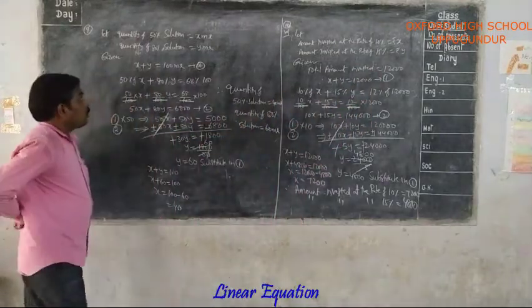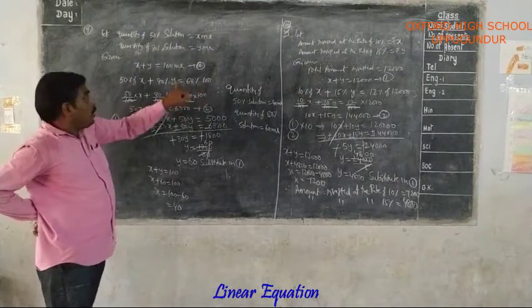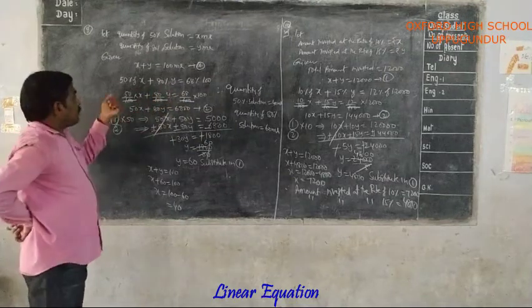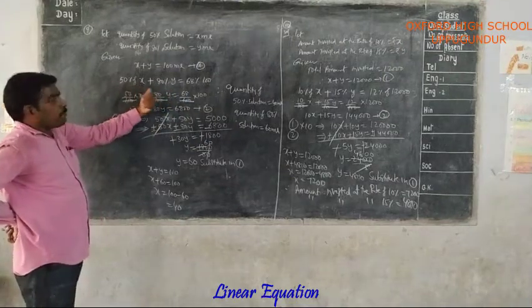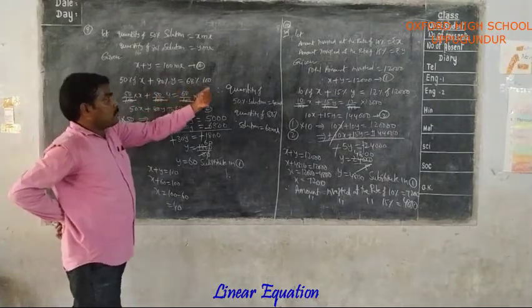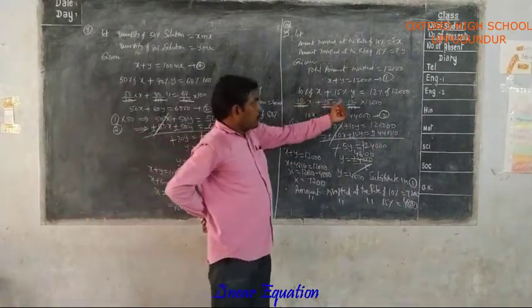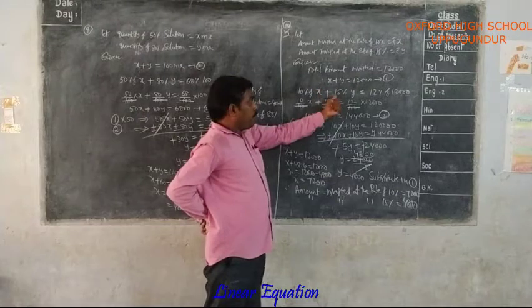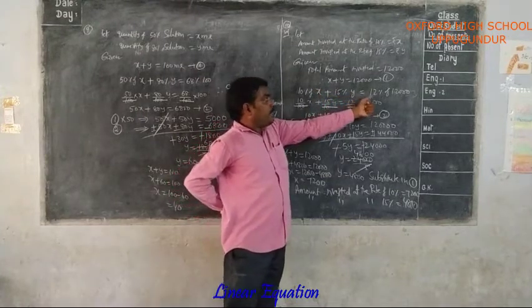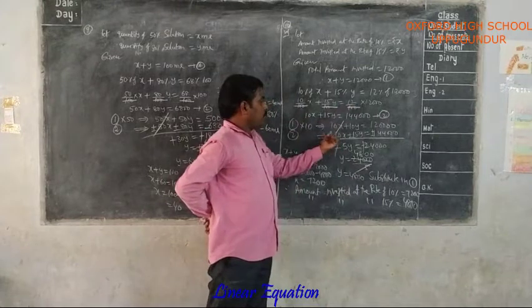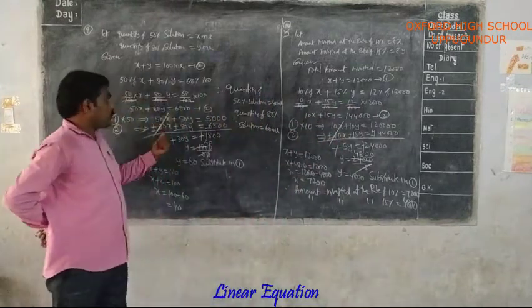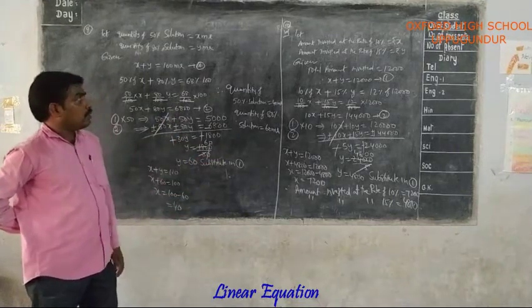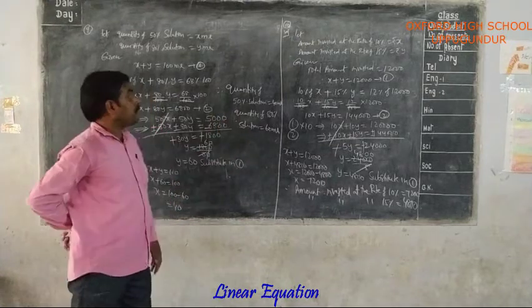Next here, to make 68% of 100 ml, how much quantity of 50% solution, how much quantity of 80% solution you have to take. That's why you are taking the condition 50% of x plus 80% of y equal to 68% of 100. Here also, to get 12% of 12,000, how much amount at 10% and how much at 15% you have to take. From this you will get second equation. After getting second equation, by elimination method solving those two equations, you will get those values. So in this way you can do both 9th and 10th problems.